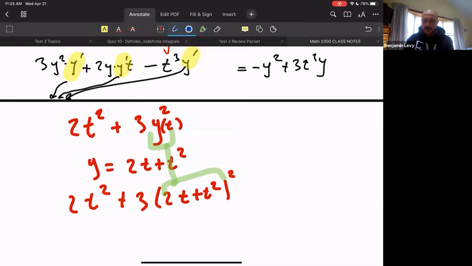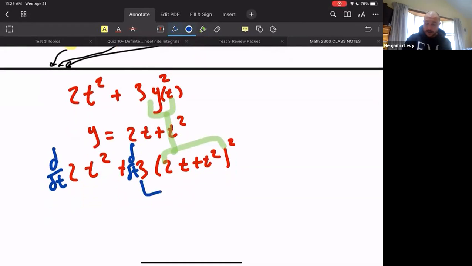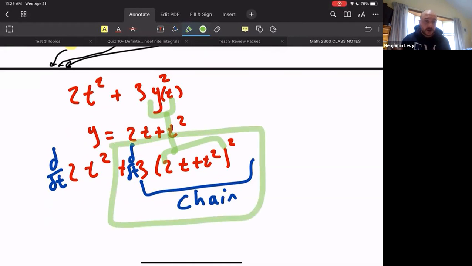I'm asking specifically Jorge since he talked a second ago, but anyone else, do you kind of see what I'm doing here? I get it. And so then if we differentiate this with respect to t, do you see now that this is a chain rule? Because we have 2t plus t squared inside of something being squared. So hopefully you can understand at this point, this is a chain rule for sure. And hopefully you can see the other one's a power rule. The 2t squared is a power rule.